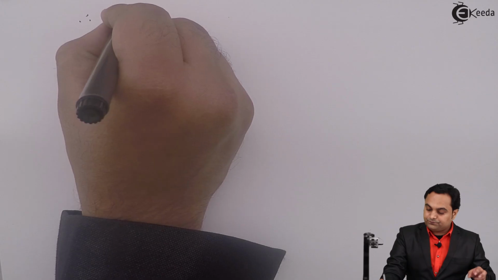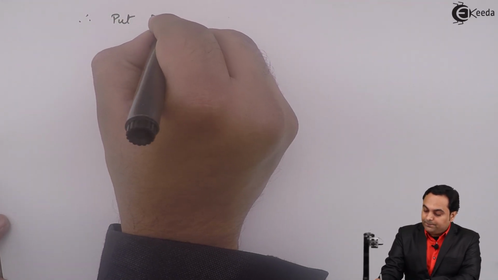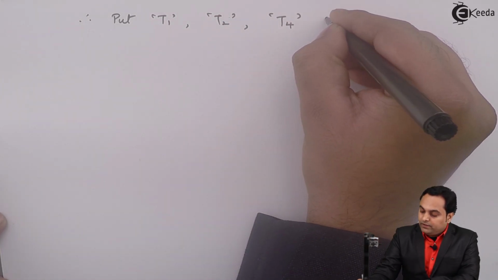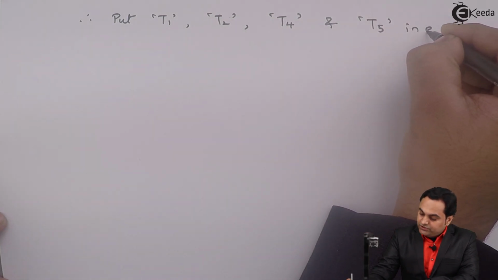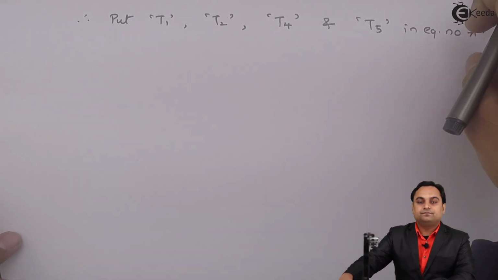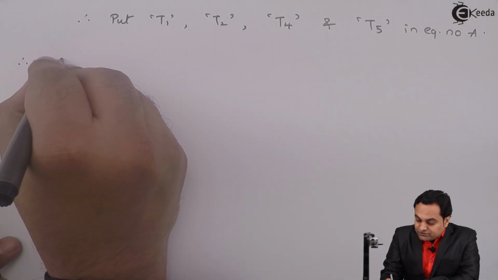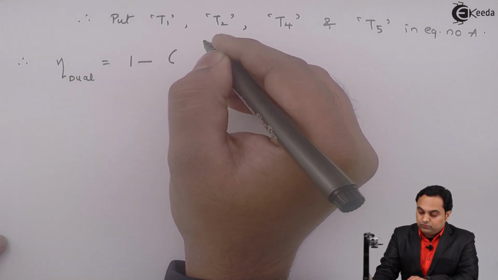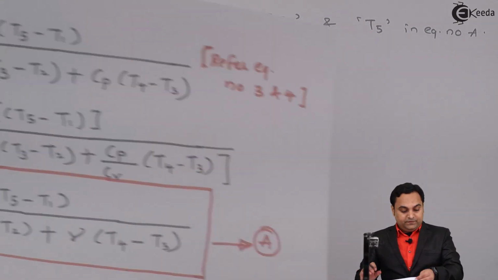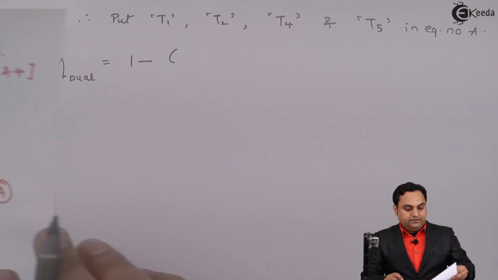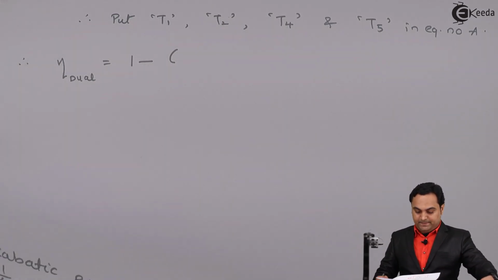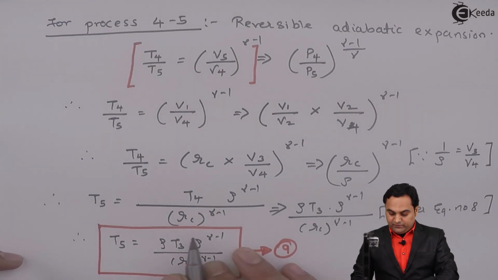Therefore, I'll put all the temperatures, that is T1, T2, T4 and T5, in equation number A. So the efficiency of the dual cycle will be equal to 1 minus, now the first term we have in equation A is T5, and the T5 value we have got in equation number 9, it is here. So I'll put this value,